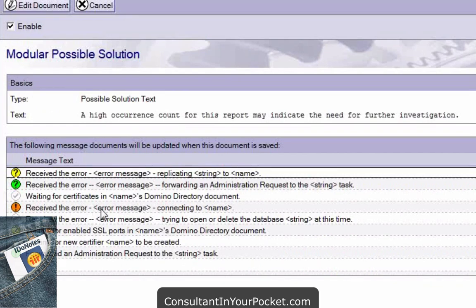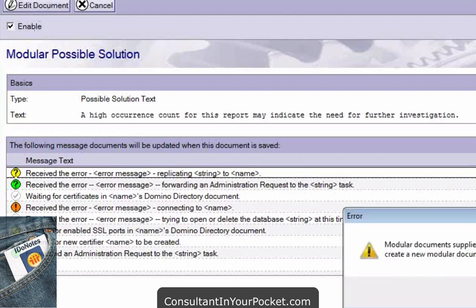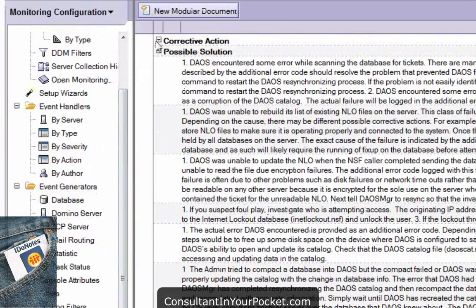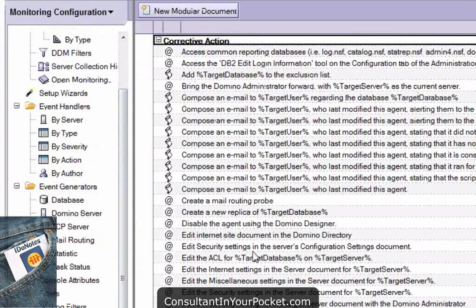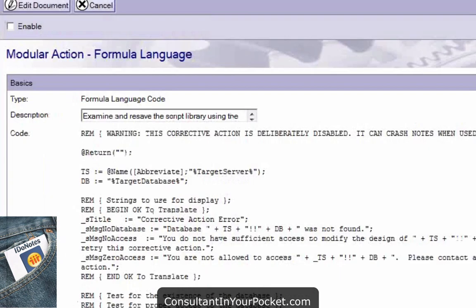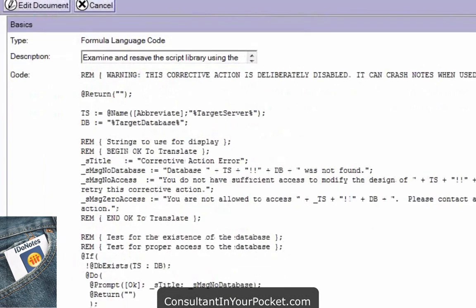Remember, I opened them up, and one didn't have a probable cause and solution. They didn't have any text that matched it. So if I wanted to say, you know what, that document really needed, yeah, they don't want you to edit that one. We'll make our own. You can actually then manipulate what text shows up inside of it. And once the text is done, then we can add in actual actions. This is the cool part, guys. With these actions, you can run code